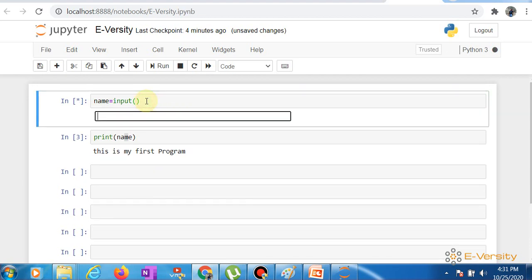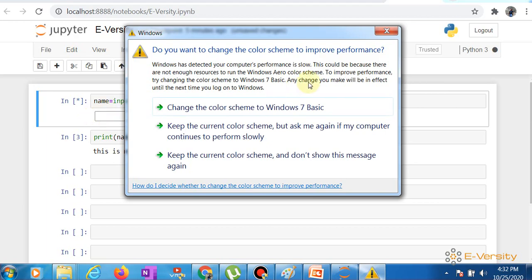But the main problem is, when I run this code, a simple text box comes in front of me and I have no idea what kind of value we should enter here. So I want to write a message before this text box. Just like in Gmail, when you want to log in, you see a simple text box in front of you and a statement written there: please enter your user email ID.